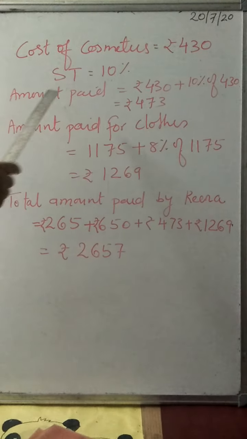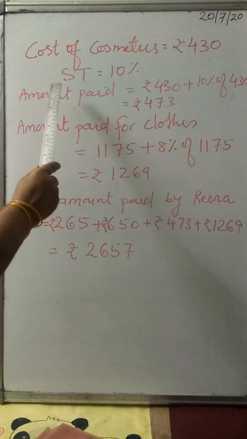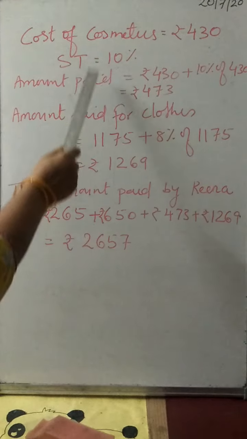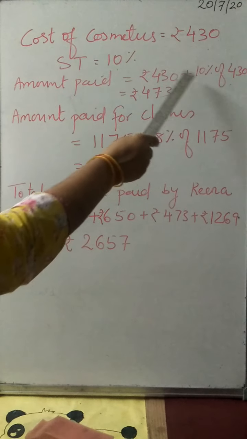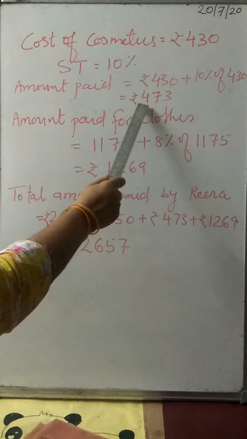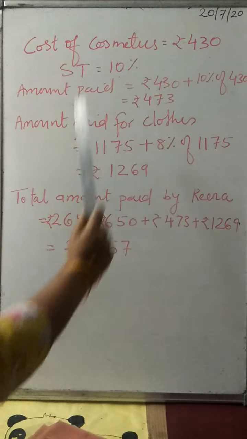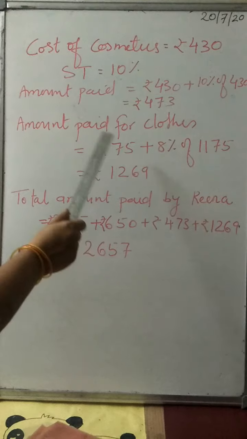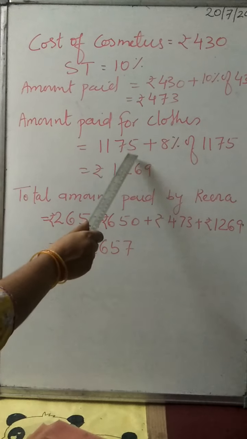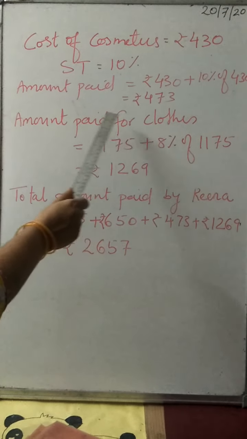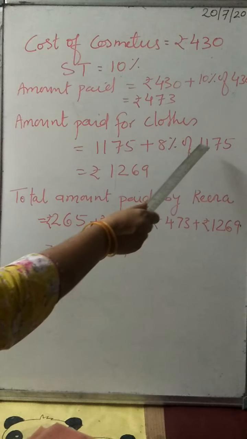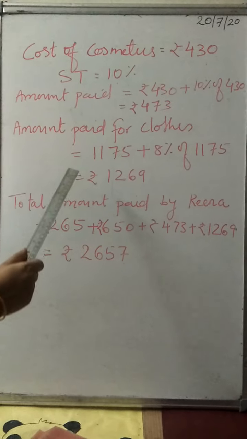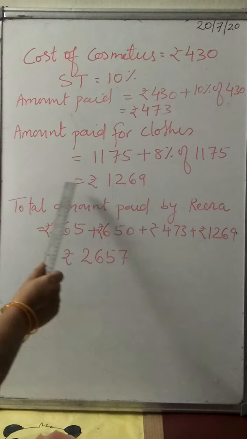Cost of cosmetics is rupees 430 and the sales tax on cosmetics is 10%. Now amount paid only for cosmetics will be 430 plus 10% of 430. So after calculation you will get 473. Now number 4, amount paid for clothes. So that is 1175 plus 8%, the sales tax on clothes. So 8% of 1175. I have written in shortcut because already you have understood, I hope. Now after calculation, the answer is